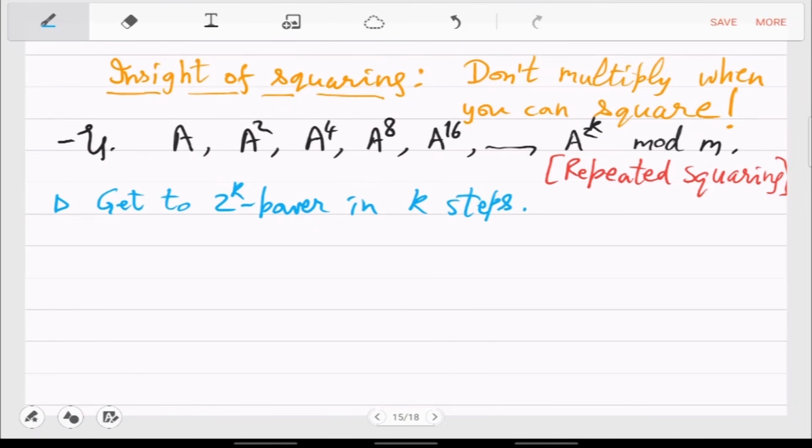So this is why it is a super fast algorithm. You are reaching nth power in log n steps. It's something like binary search, but far more complicated. It's not just a matter of sorting and looking at the midpoint. This is much more complicated arithmetic.